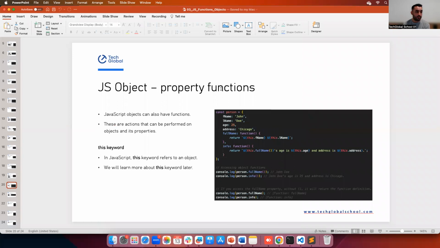So property functions, let's see this. This is very important. It is used a lot in an object. So you can define a function for one of the keys as well. So one of the variables. For example, here we have a first name John, last name Doe, age is 25, address is Chicago, and